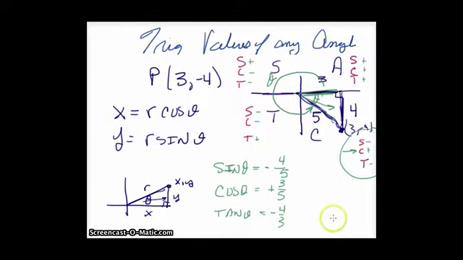That's one way to do it. There are many other ways to do it. That's one way that would work. Now here's a dumb question. What's cosecant of theta? Well, it's the reciprocal of the sine. What's secant of theta? That's just going to be 5 over 3. And what's cotangent? Okay, that's going to be negative 3 over 4. Okay, so that's a way to find the trig values of all the ratios of any angle given a particular